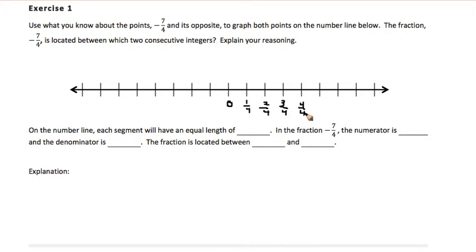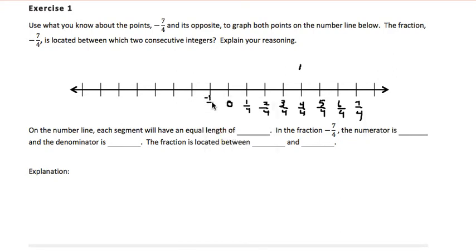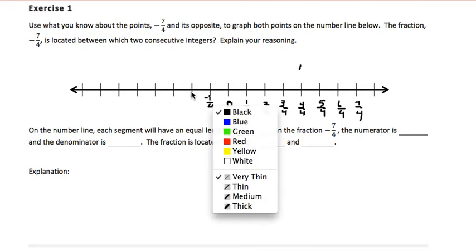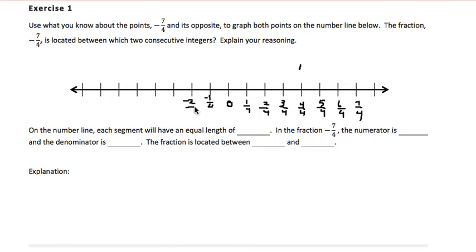I also know that 4/4 is 1 whole. I'm going to make a mark up here that tells me it's 1 whole. Then 5/4, 6/4, and finally 7/4. And since I know that that's where I'm going to be ending, I won't number the rest. On the other side of 0, I'm going to start with -1/4, -2/4,